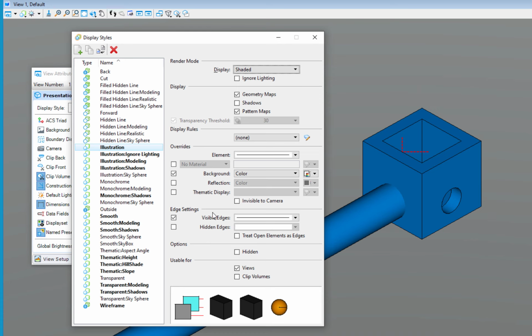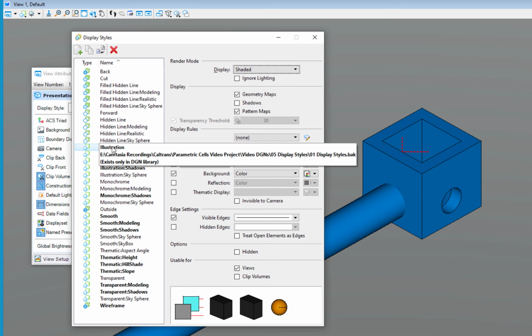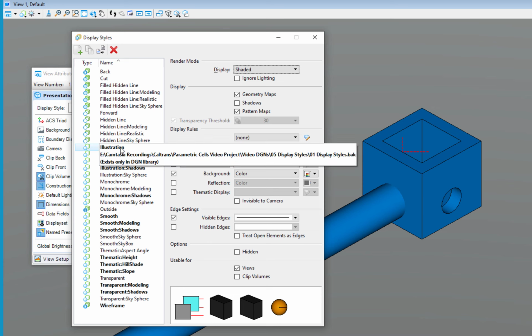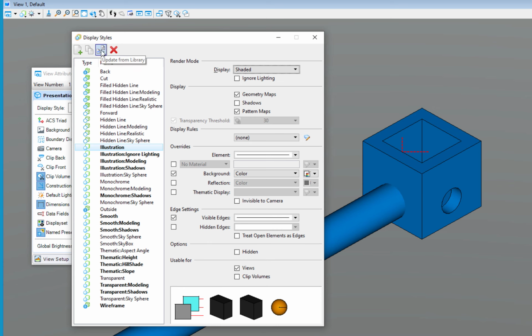Now, at any point, if you make edits to a display style and you've decided that you don't want to keep them, you want to return the display style settings back to what it was in the library. Up on the display style dialog in the top left corner, you'll see it says update from library. If you select a display style, like I have illustration selected, if this becomes enabled, that means that I have made changes to the display style and now it differs. If I click on the update from library, that will change it back to whatever the settings are in the